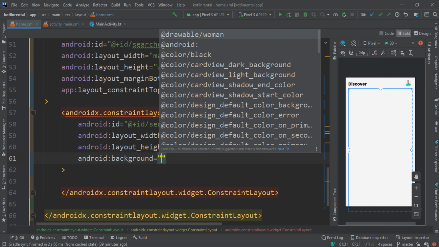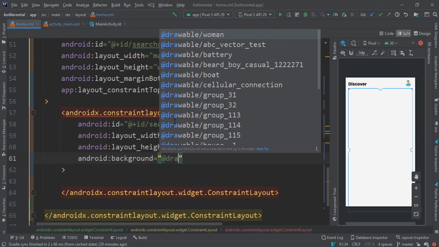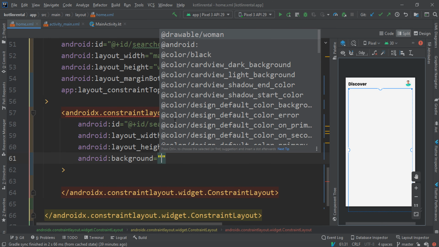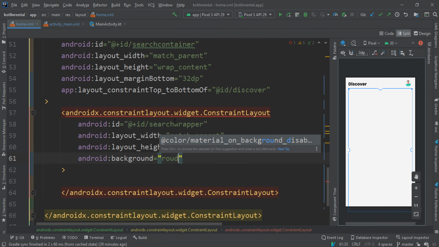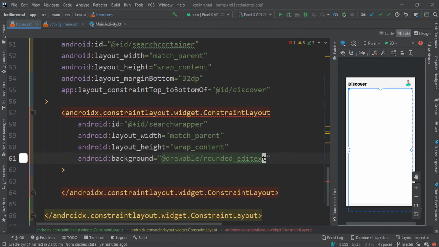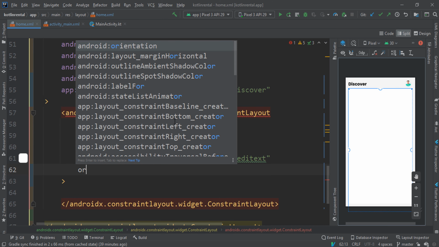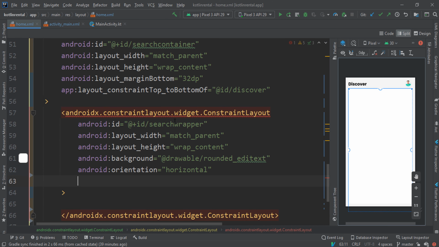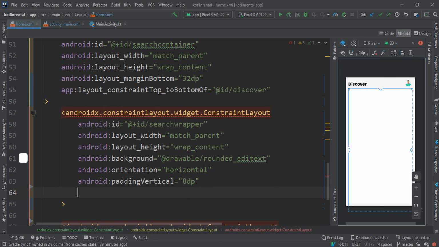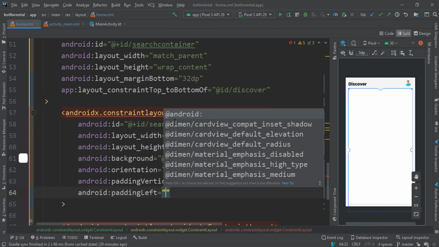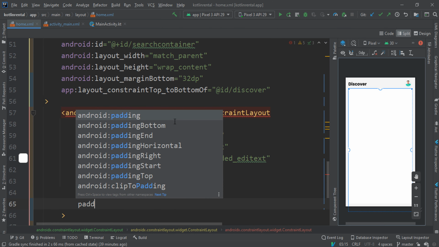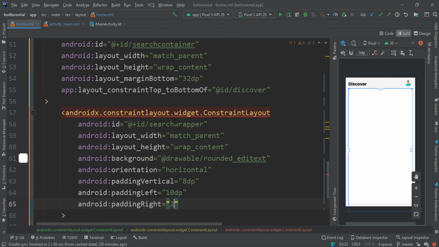So I think I already created that. I'm just going to select that. I think I called it background of rounded. I think it's called rounded edit text. So then we are going to give it an orientation of horizontal and give it a padding vertical of 8 dp,